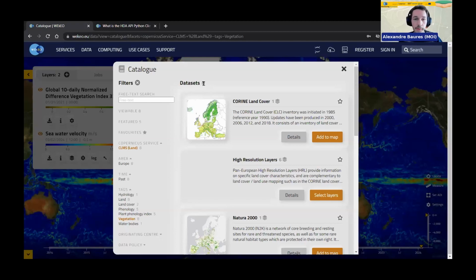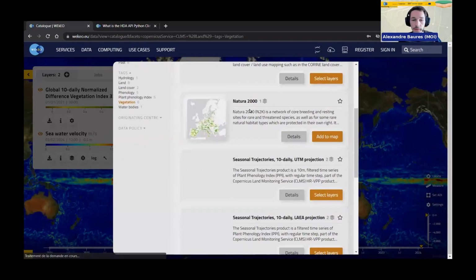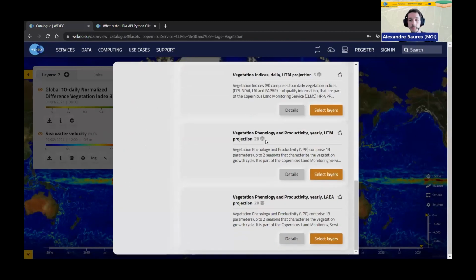So there we have now 8 datasets that match our filters. And we will choose for today the vegetation and phenology and productivity, which is a yearly dataset. And this is a UTM projection. So you have 2 buttons, one to add the layer on the map and one to see the details of